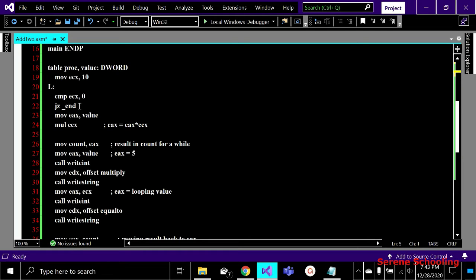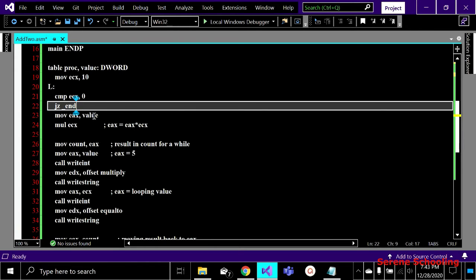Inside the loop we know that we always check for the stopping condition, that is where we have to stop our loop. As soon as ECX becomes 0, we have to stop the loop. Why? Because we don't want 5 zeros are 0. We have to print till 5 ones are 5. That's it. So this is our conditional structure, or conditional jump. We have also studied about them in detail. Firstly we move 10 in ECX, that is we define our looping index, how many times we want our loop to work.